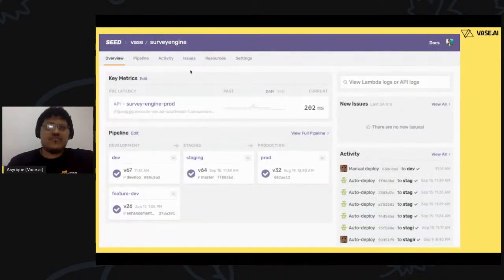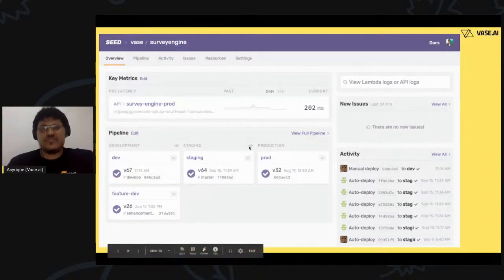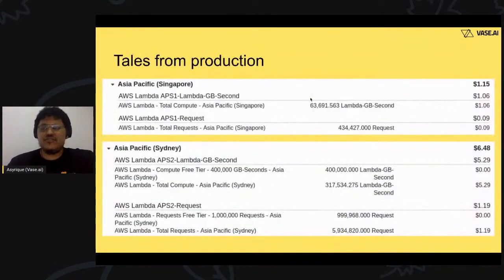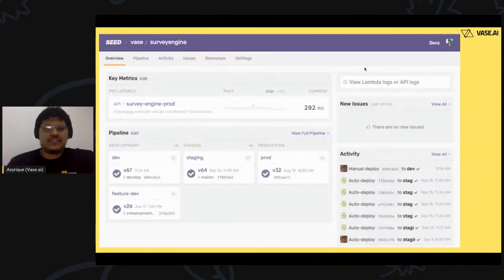So that's when we searched around and we found Seed, which I highly recommend. The website is seed.run, and they basically provide a CI platform for the serverless framework. Here you can see the server engine project, which is the project that I showed just now with this $1 cost. It's got a really nice UI, and it also gives us a way to pipeline our deployments. It's all really great, and I highly recommend it.